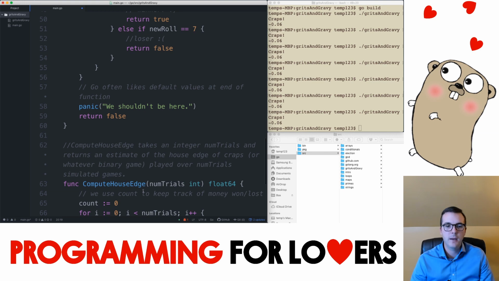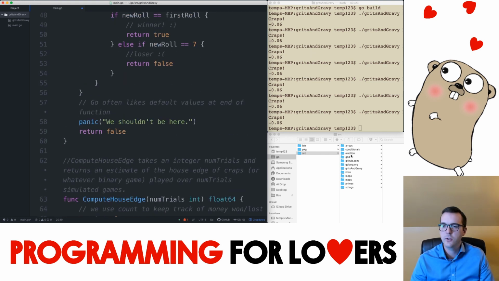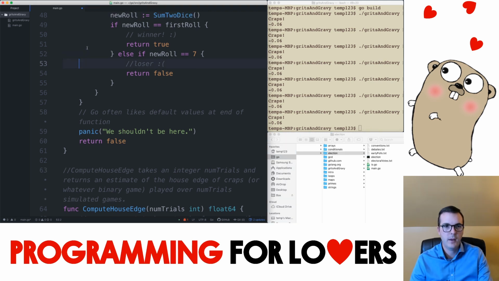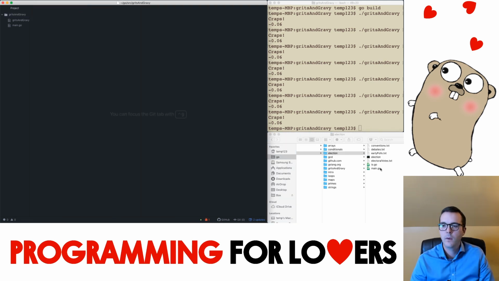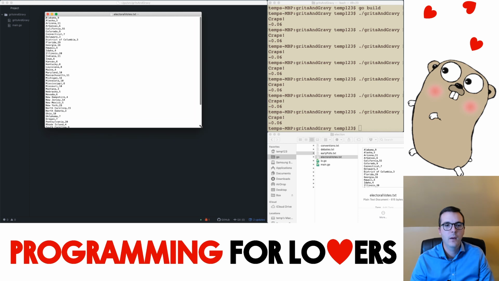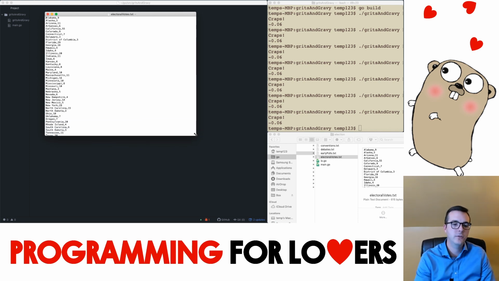And I'll put this at the bottom, or excuse me, I need to go into the election folder, and I will close out, should save my main.go. And I'll just point out that there are a few files that are provided with the code. So, for example, I provided, I should delete this, that was me running it earlier. I provided an electoral votes text file, and that just contains the number of electoral college votes corresponding to each